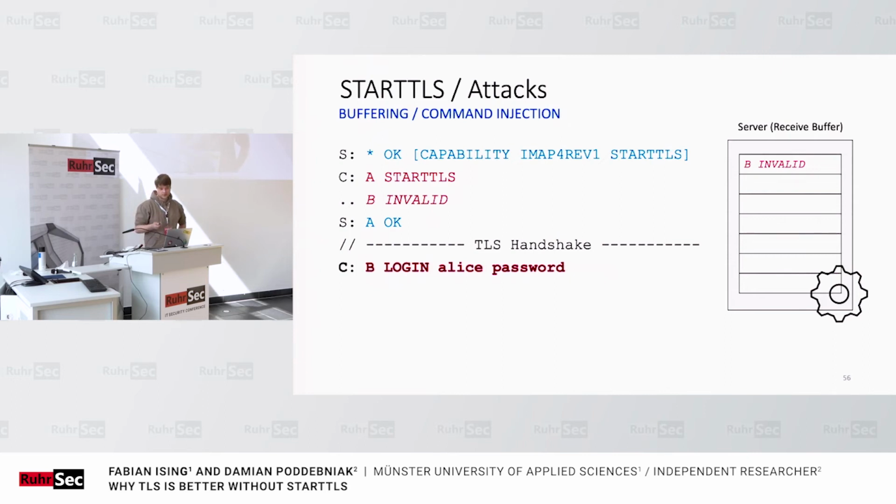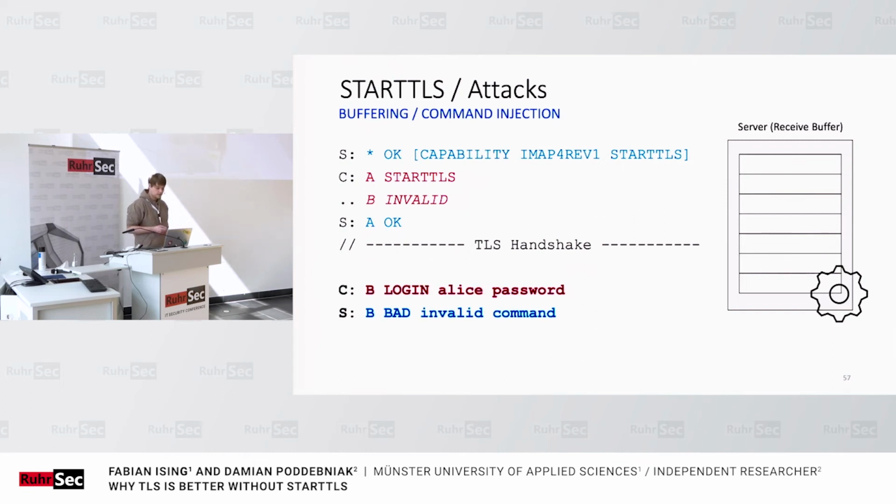But what should be now, I think, pretty evident is that this data is appended to the internal buffer, which means that when the server parses this buffer, it will not detect the recent command, but in fact the command that was sent even before TLS was made, meaning that it will get an invalid command. And now the effect is that even though Alice has the right credentials, she will receive a response telling her that she sent, for some reason, an invalid command.